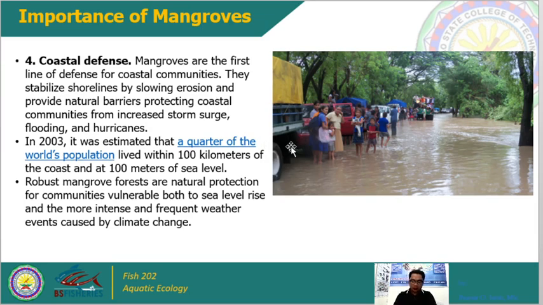Okay, now the next one is that it is a coastal defense, no? Coastal defense gina siya always. One of the